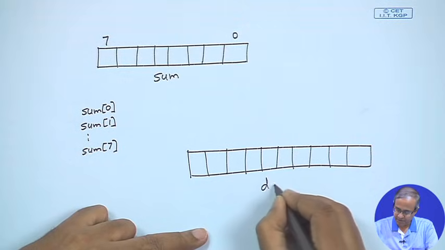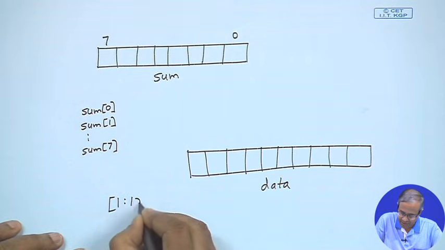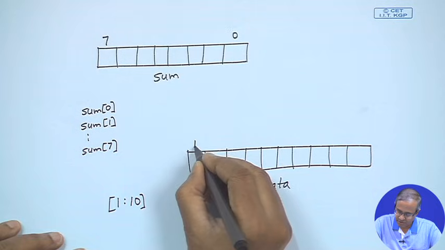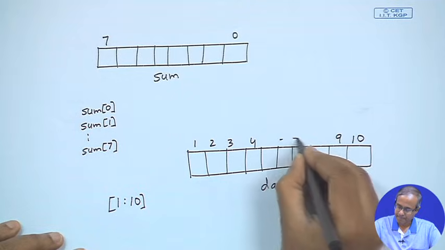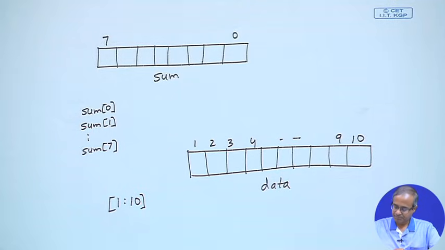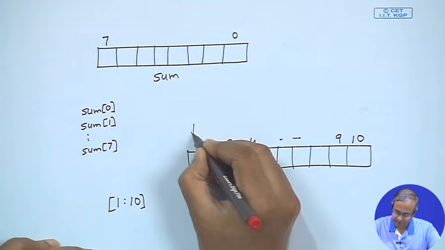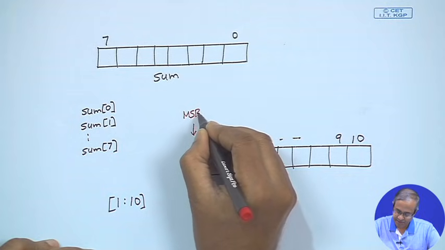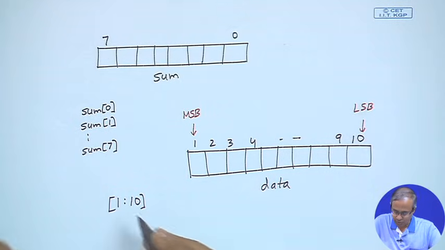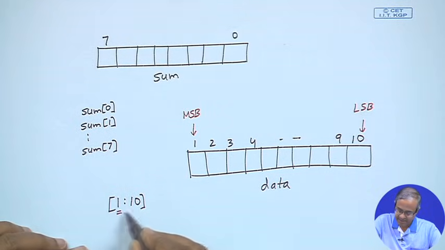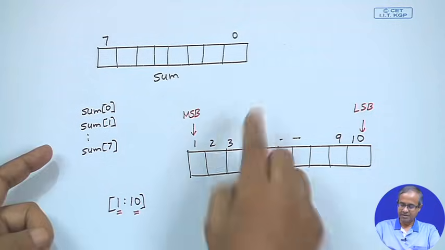So, the name of the variable is data, and the way we have declared, range 1 was 1, range 2 was 10. So, the index values are defined like this: 1, 2, 3, 4 up to 10. So, in this case, if you use this data in an arithmetic expression, this particular bit will be treated as the most significant bit, this particular bit will be treated as the least significant bit. So, by specifying your range 1 and range 2 in a suitable way, you can choose to swap LSB and MSB,